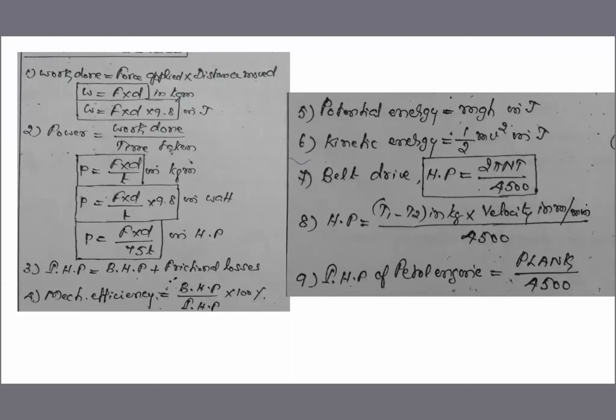You will get it in terms of kg meter per second. Some mistake, per second is missing on my paper, it is not just kg meter. That is a typing mistake. So power is equal to FD by T in kg meter per second. So always put force value in terms of kg, distance in meter, time in second, and you will get power in kg meter per second. But the standard unit of power is watt or HP. If you want it in watts, multiply with 9.8, and you will get power in terms of watts.